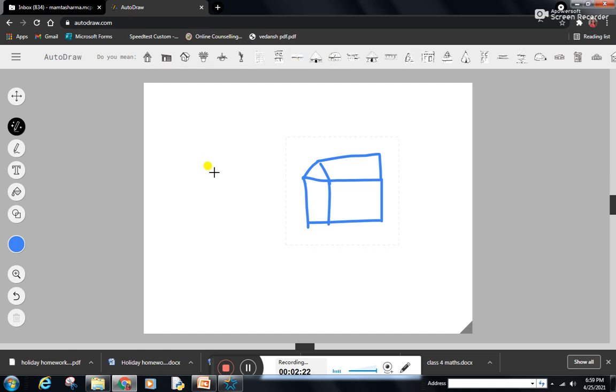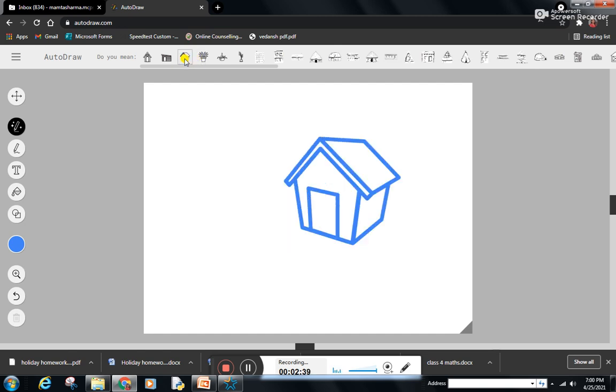So this is a feature of artificial intelligence. As we are giving some clues of an image, all the pictures which can be related to this are available to us. So this is AI. If I click on this, as you can see, the perfect hut is here in front of us.